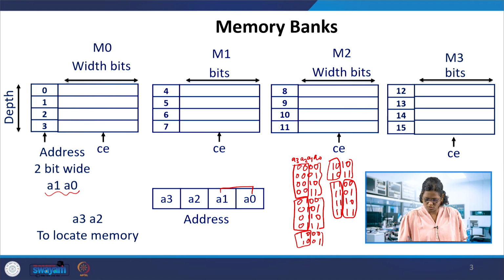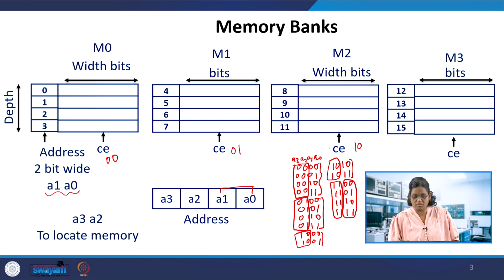If A2 and A3 are 0, 0, then it is the first memory, and if it is 0, 1, that's going to be the second memory. Then 1, 0 for A2, A3 refers to the third memory, and 1, 1 refers to the fourth memory. So the one big memory is split into 4 in this case, and the width depends on the data which we are going to store. It can be 4-bit, 8-bit, or 16-bit data, and so on. So the data width can be decided as well.